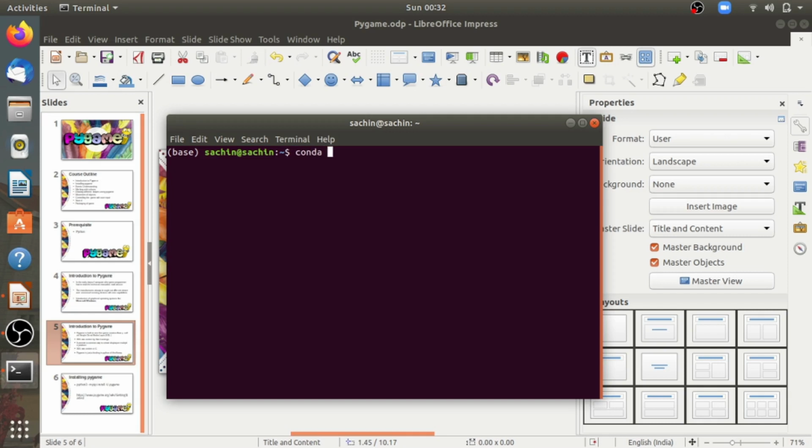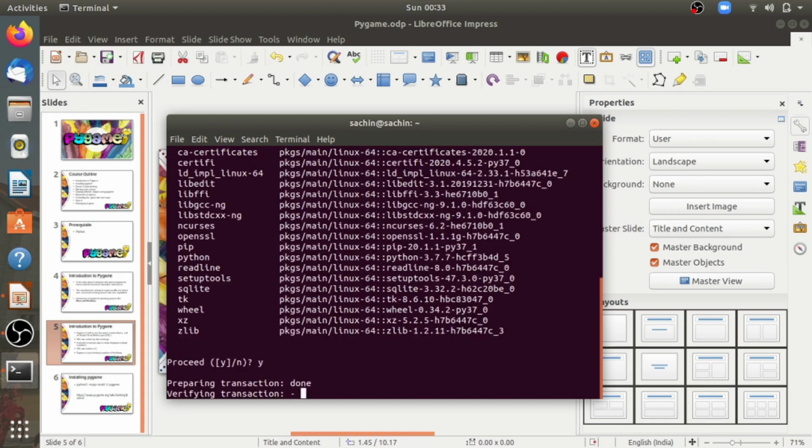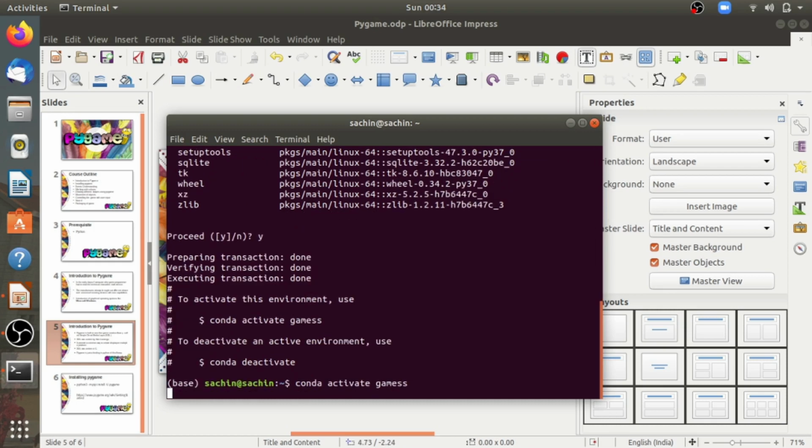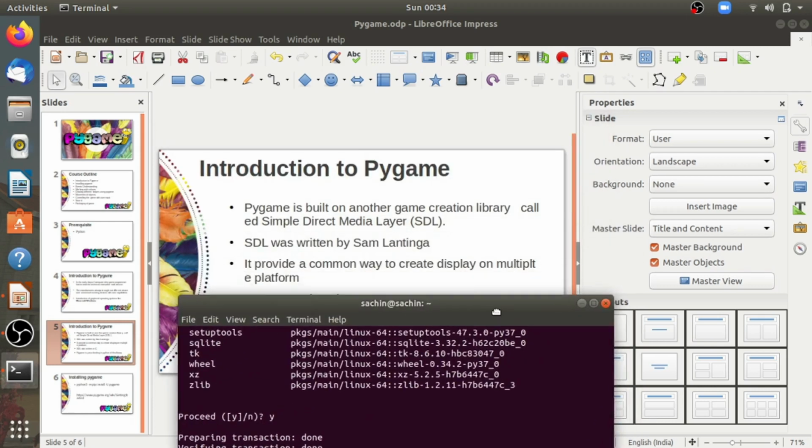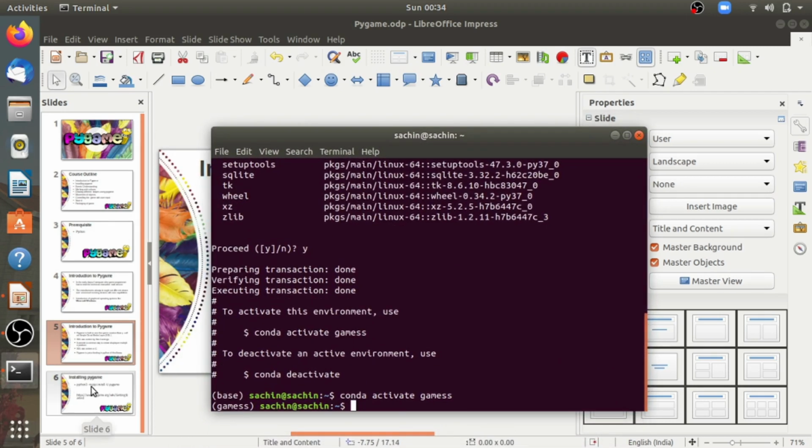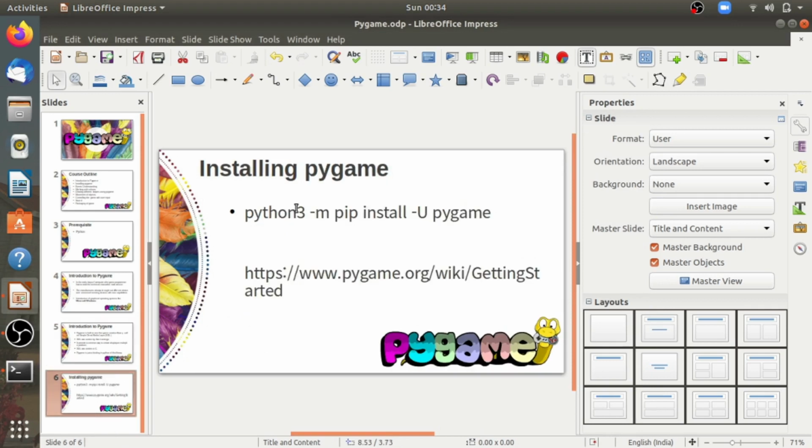Let's write conda create -n games, and let's say I am using Python 3.7 version, so python=3.7. After that, write this line of code which will install Pygame in your system: python3 -m pip install -u pygame.